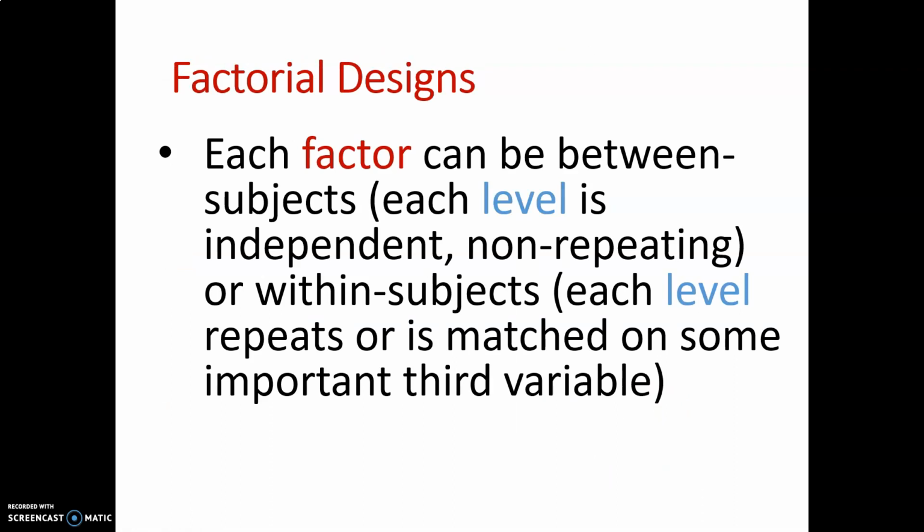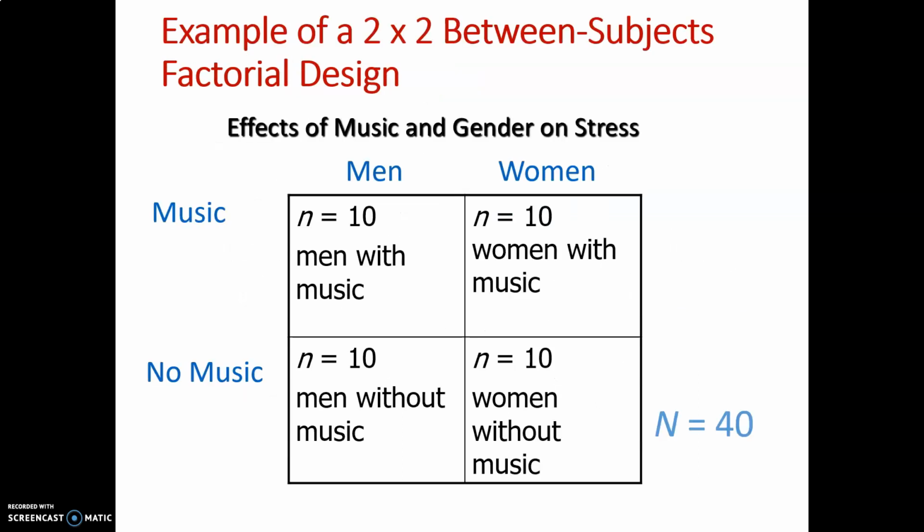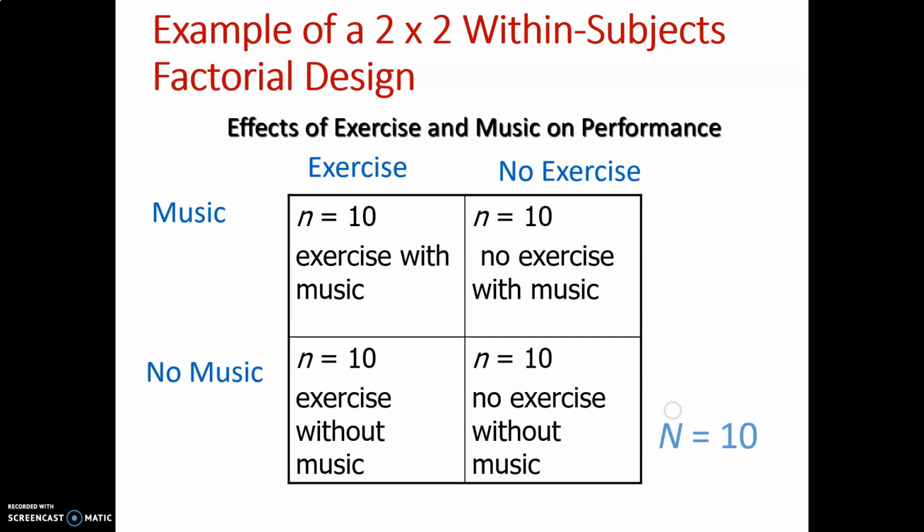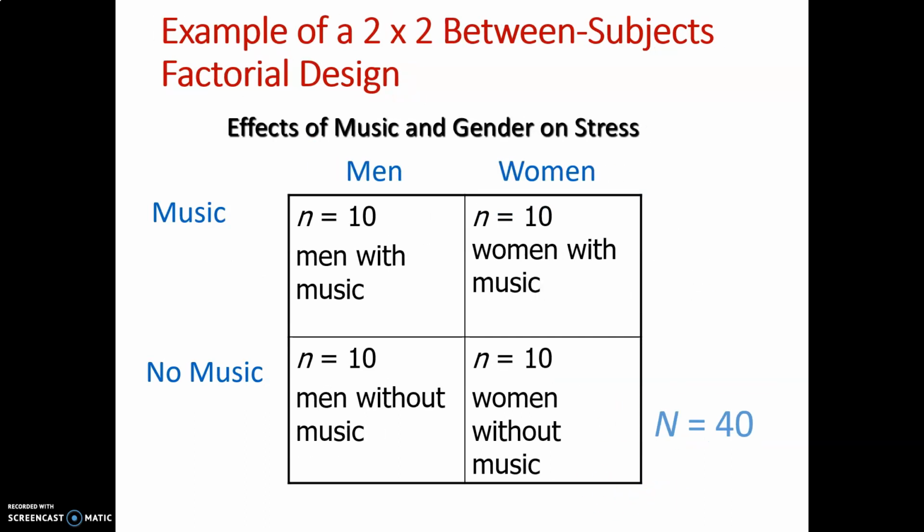Now, again, each factor can be between subjects, where each level is independent or non-repeating, or we could have a within subjects model where each level repeats or the people are matched on some important third characteristic. So we could return to our first example about music and gender, and we could have a case, if we had a between subjects design, where each of these conditions has unique people,